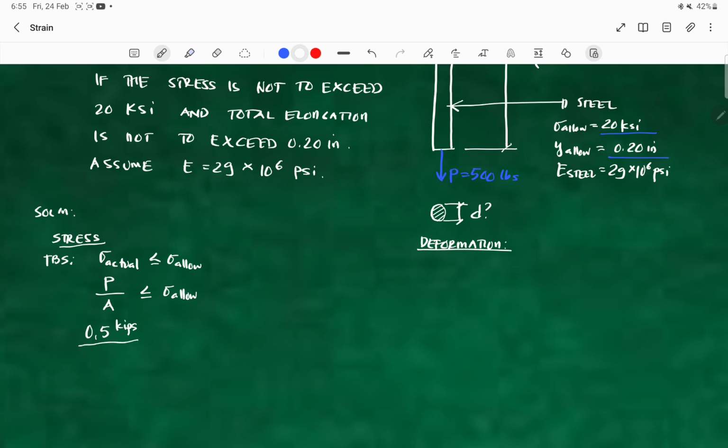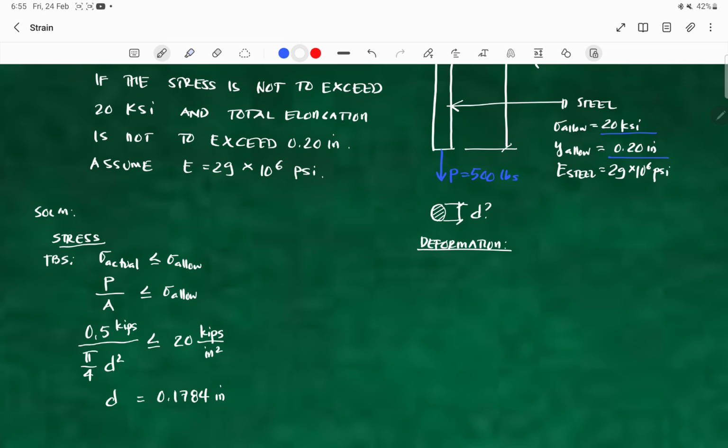All over yung area, which is pi over 4 times the required diameter squared. This must be less than or equal to 20 ksi, kips per square inch. So, we are expecting a value of D na 0.1784